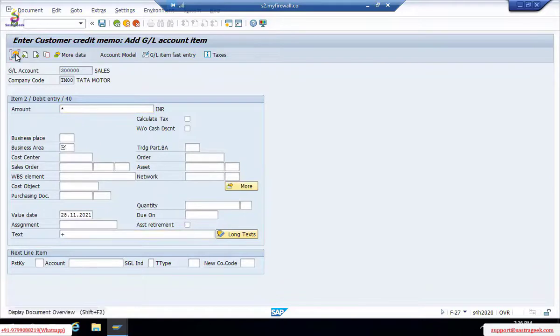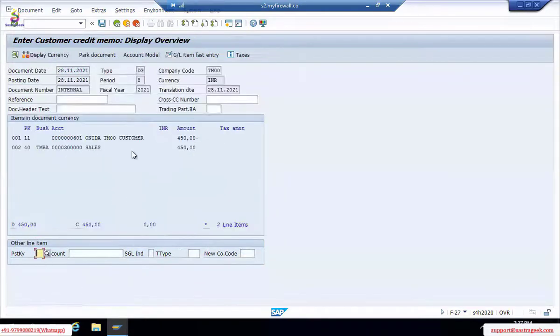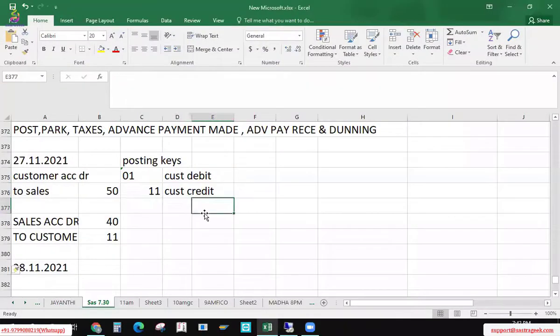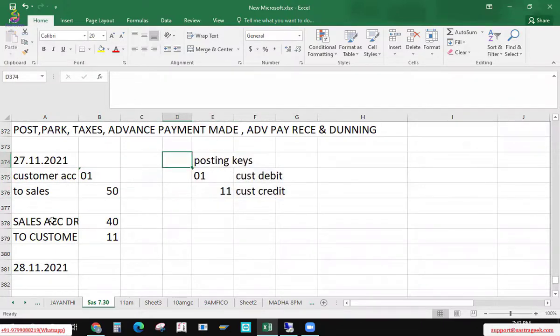It will take it as a credit memo. Your posting key 11 is for customer and 40 is for sales. Reversal entry will get posted when you do the returns. Okay, so this is done.